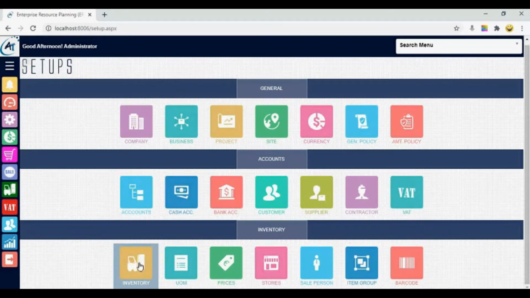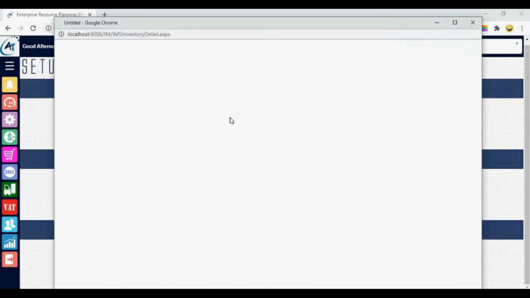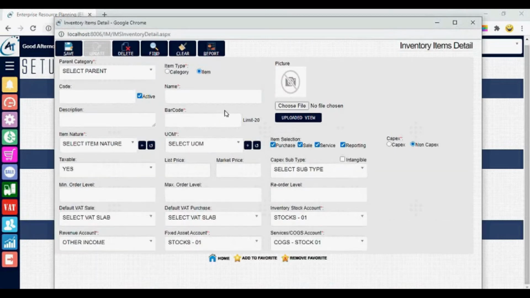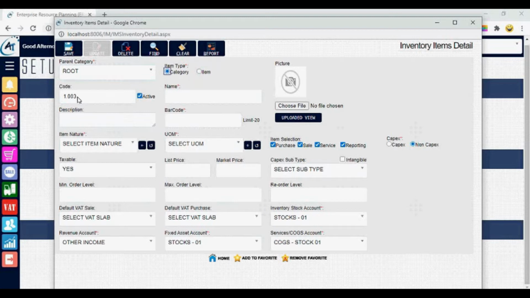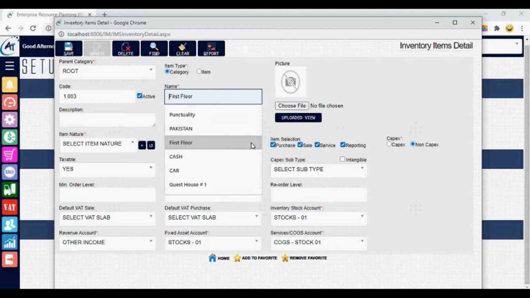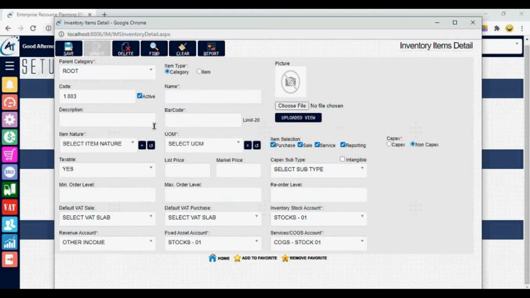In the inventory category of setup forms, you can add the inventory items using this form. Just like the chart of account form where you added your account heads, you can add all your inventory items using this form. You can select the parent account under which you are creating an inventory category or item. Then you have to select the item type, if it's a category or an item, and it will generate the code automatically. You have to enter the name